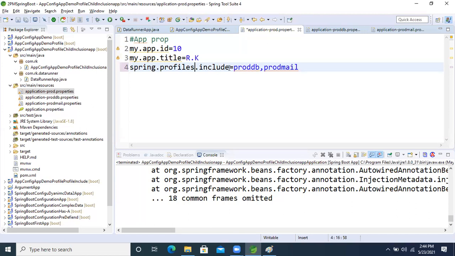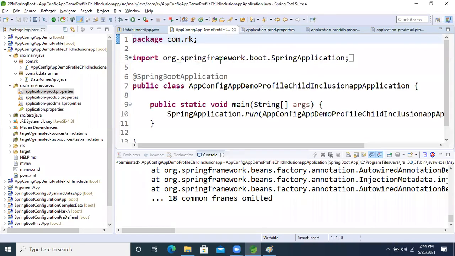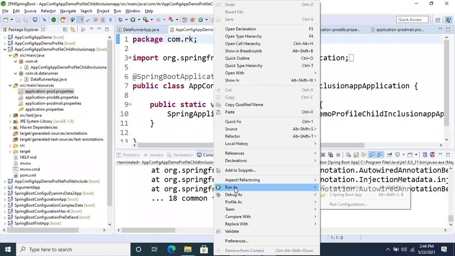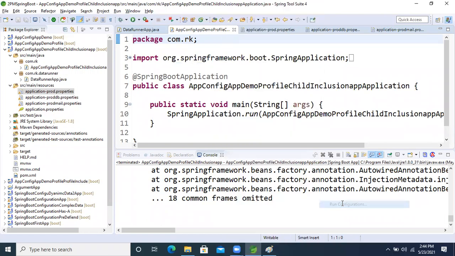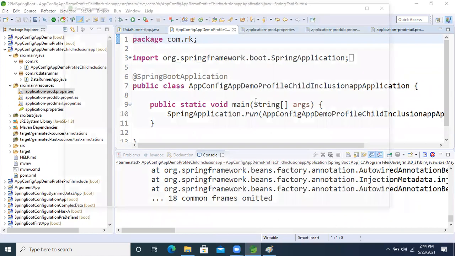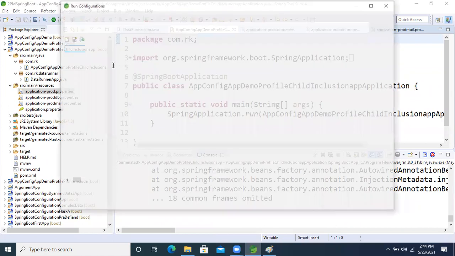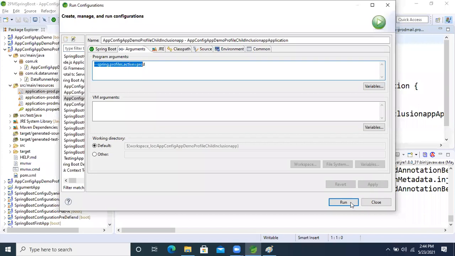Include, right? Now fine. Spelling mistake, guys. Okay, so fine now, guys. Run the application now. Run the configuration. Already there is Spring hyphen prod, right? Run it.